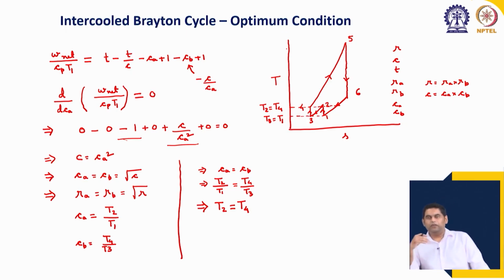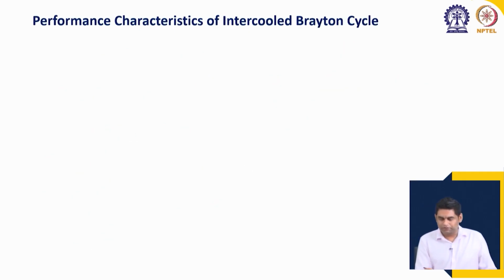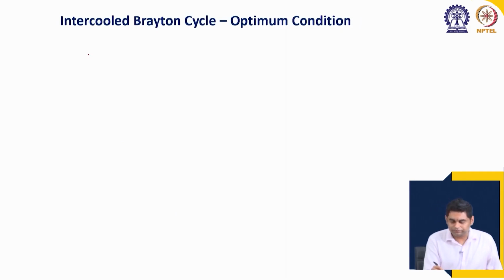Now, we want to find out, okay, so this is the optimum condition. So, what is the efficiency at the optimum condition? We want to find out what is the efficiency at the optimum condition. So, efficiency at the optimum condition, we will go with the basic definition. Efficiency is W net by